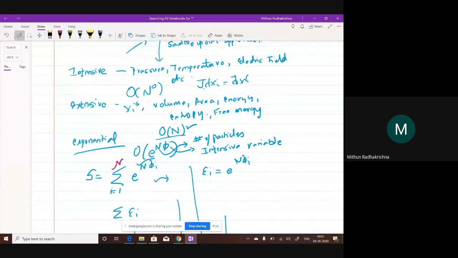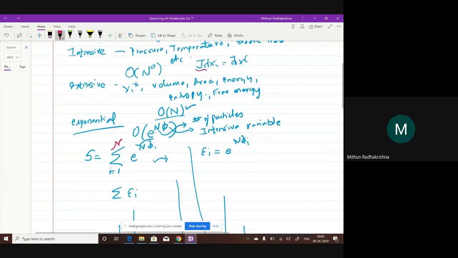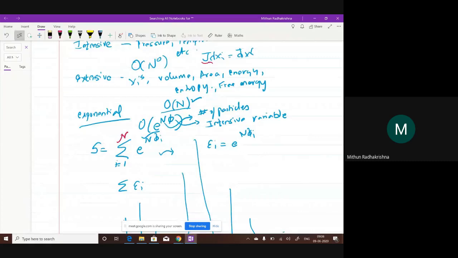So we all know pressure, temperature, electric field, etc. These are the J terms in your work. So work is J dXi, so this is dW, right? All these J terms usually go as order N to the power 0. So they are all intensive properties, right? Whereas if I look at extensive properties like volume, free energy, entropy, area, energy, etc., they're all extensive properties and they go as some order of N, and this power is greater than or equal to 1.